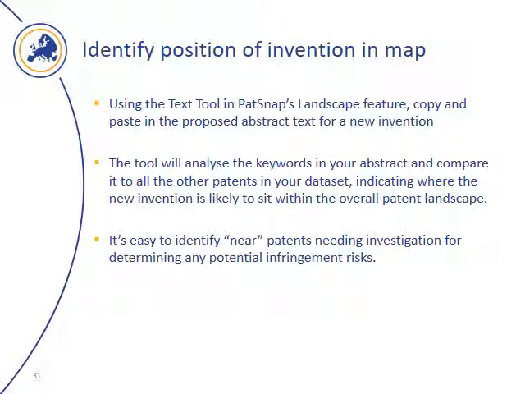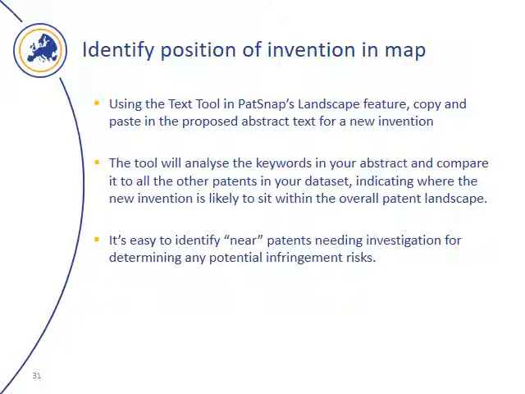For this purpose, you have to use the text tool indicated with a symbol T to the left of the patent map, and you copy and paste, for instance, abstract text for a new invention or a technical description you have already made. So it does not have to be an abstract of a patent, it can also be a detailed technical description,